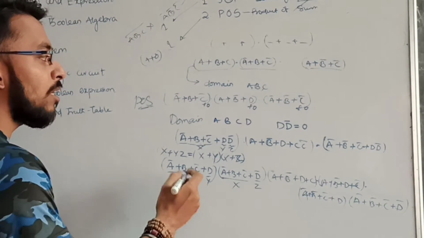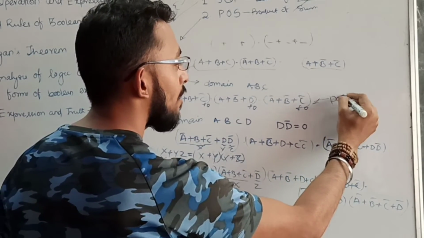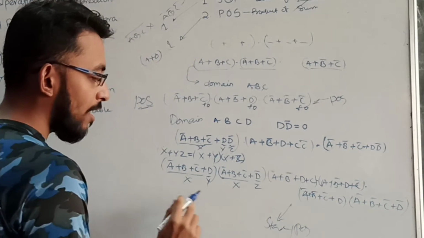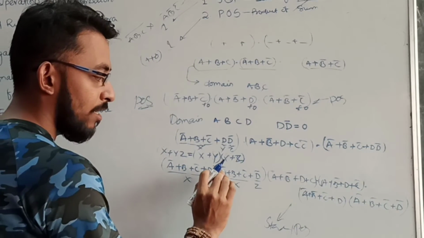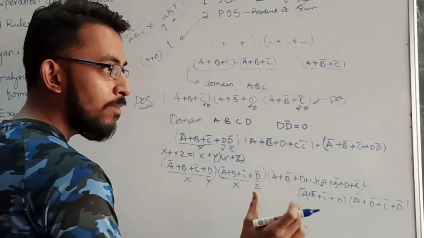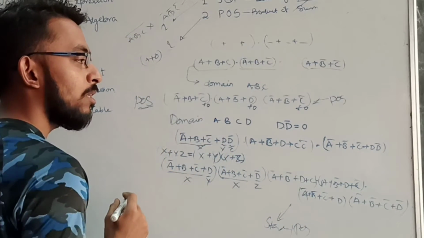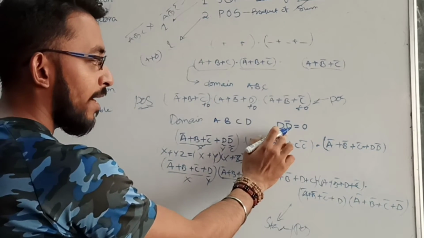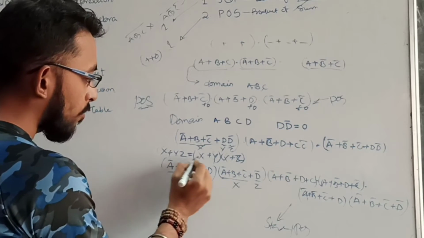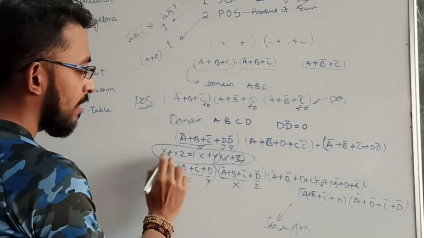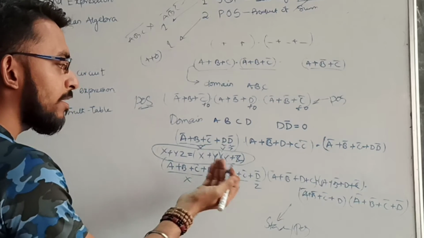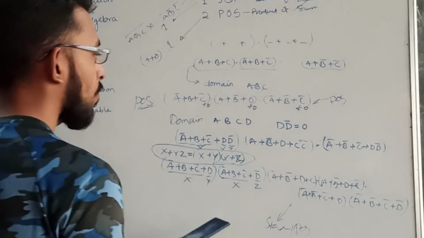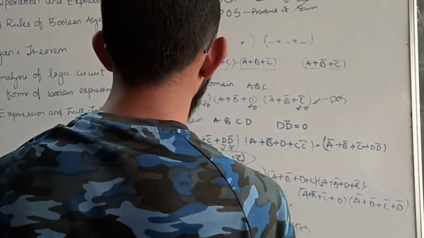So in this way you can convert your POS to standard POS. This is standard form. A, B, C, D, all domains are present. In each term, all your domains should be present. Then that will be the standard form. So the term that is missing, you have to add, like D bar, and apply this formula: A plus BC is nothing but A plus B into A plus C. Or you can simply divide the term that you added into two parts. This way you can convert your product of sum to standard product of sum.